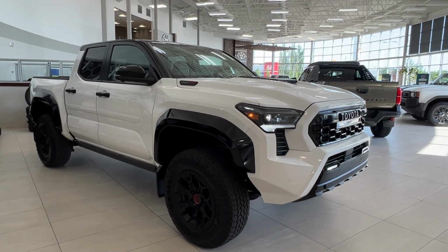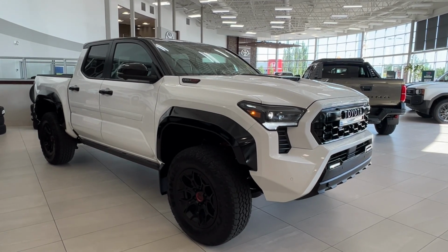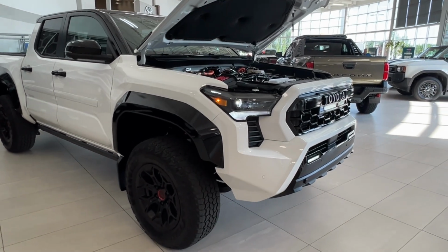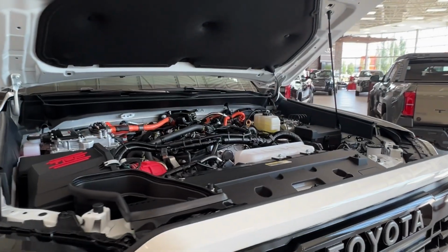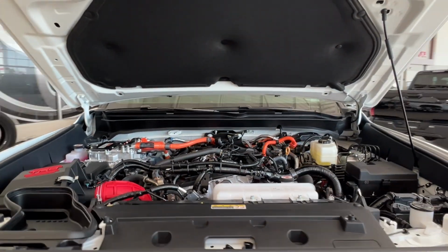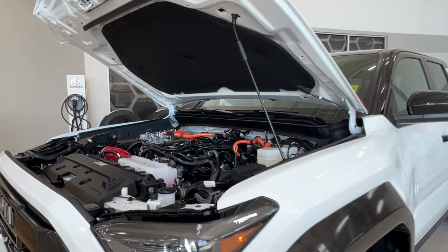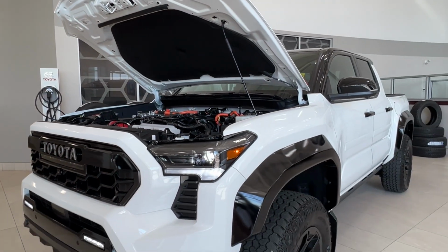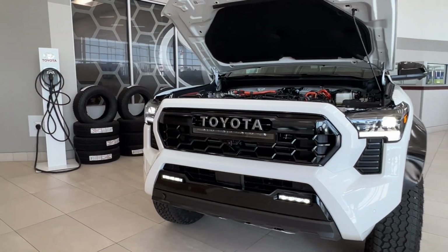Today we're looking at a Toyota Tacoma TRD Pro Hybrid in the color white. Let's take a look. Starting in front here, underneath the hood, we have the gas component of the hybrid energy system. It is a turbocharged iForce Max 2.4-liter L4 engine, automatic transmission, gets up to 326 horsepower, 465 pound-foot of torque, towing capacity up to 5,950 pounds, payload up to